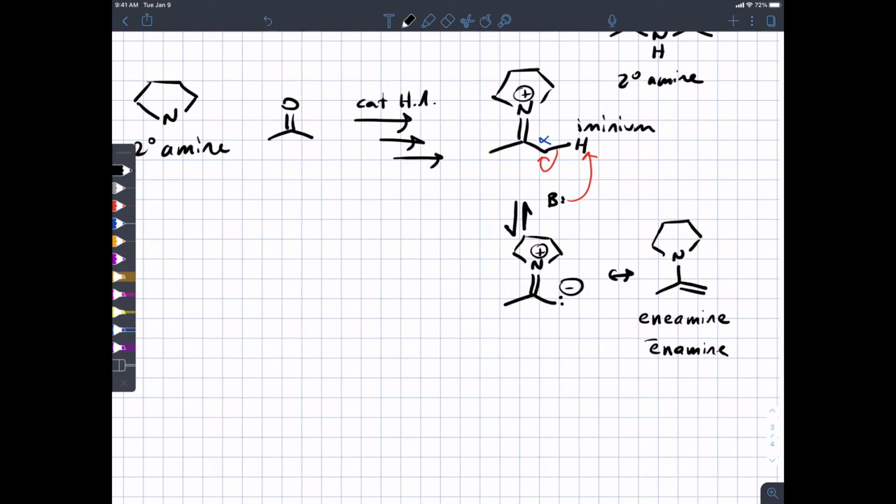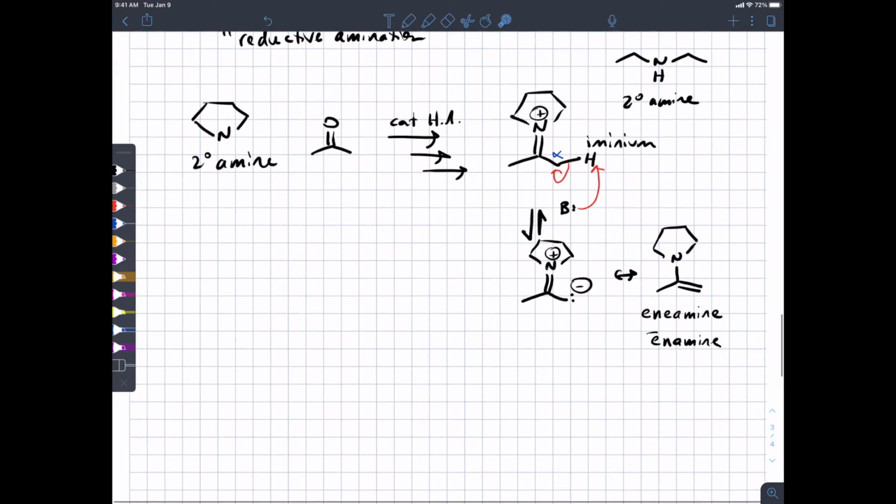Anyway, enamines are products when you start with a secondary amine. You don't need to think of this as a separate reaction. It's just the natural consequence of using an amine that's secondary. We may come back later on and talk about, when we start talking about doing things with deprotonated alpha carbons, we may come back to the enamine because it's actually a useful reagent in organic synthesis. Okay,